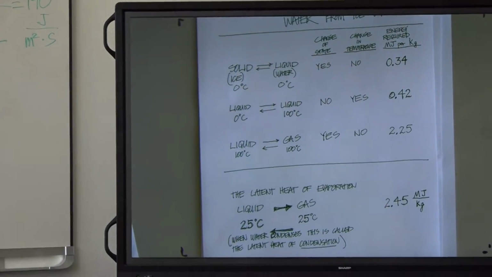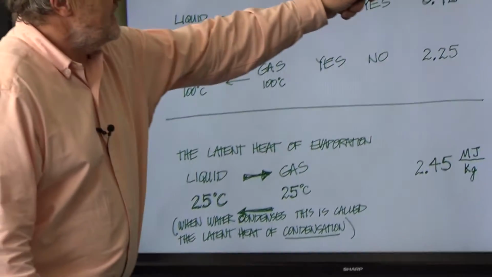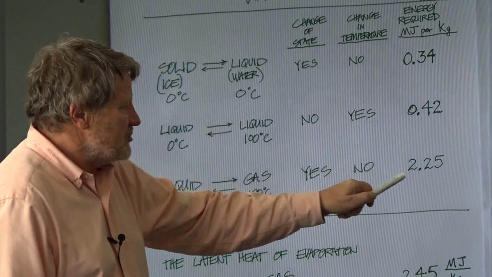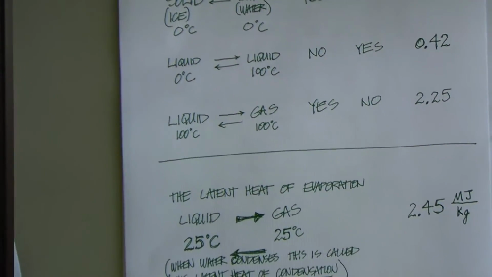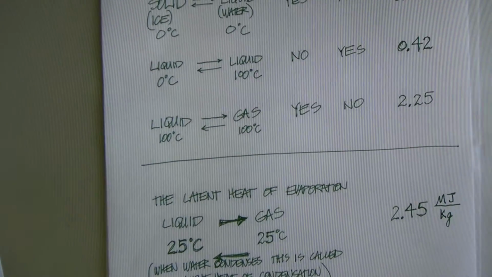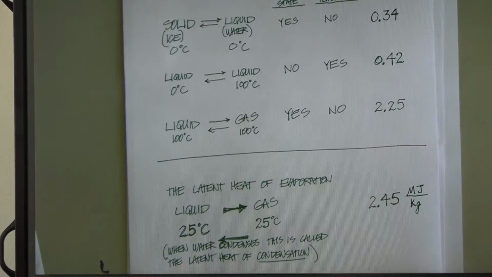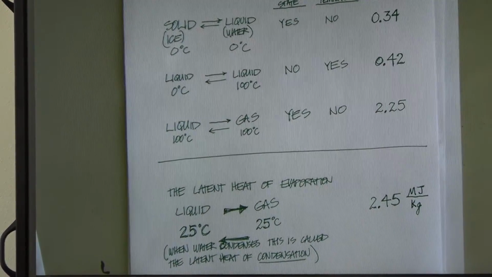But there's the principles back and forth. By the way, when it goes this way, this is called the latent heat of condensation, and this is latent heat of evaporation. So we get dew on leaves, it heats them up, that goes back and forth. Now we can go from this to